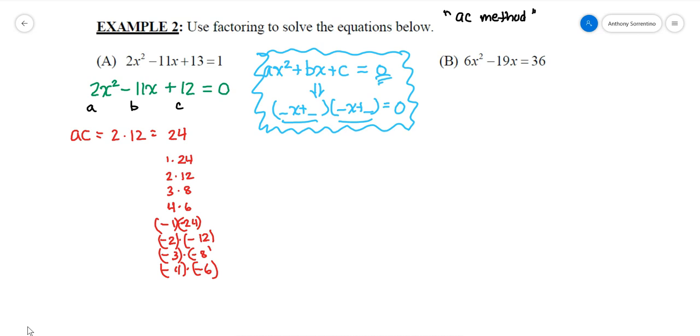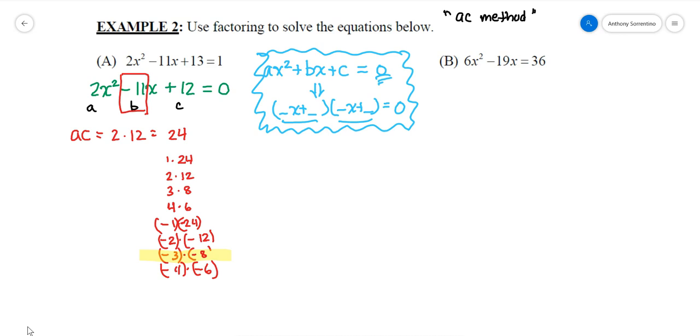Notice that 4 of them contain both terms being positive, and 4 of them contain both terms being negative. I want the one that gives me the b term. Which one, when I add those two terms together, gives me a negative 11? Well, that would be the minus 3 and minus 8. A negative 3 plus a negative 8 would give me that negative 11 as the middle